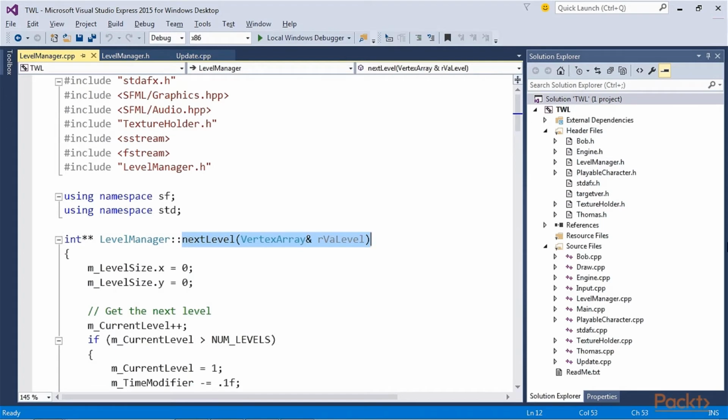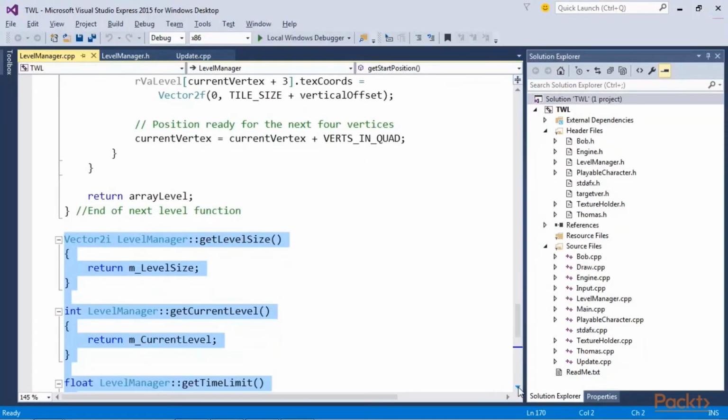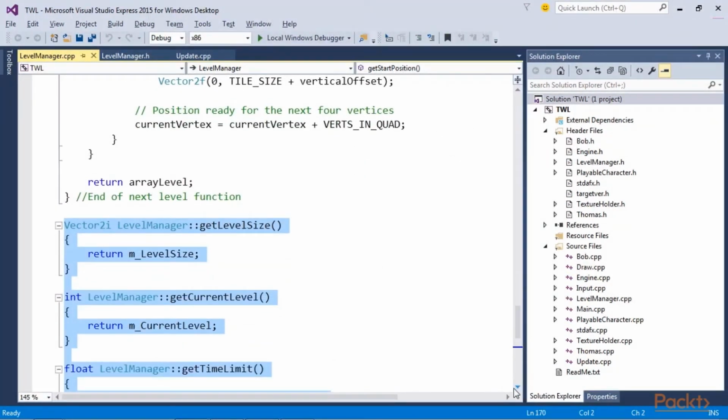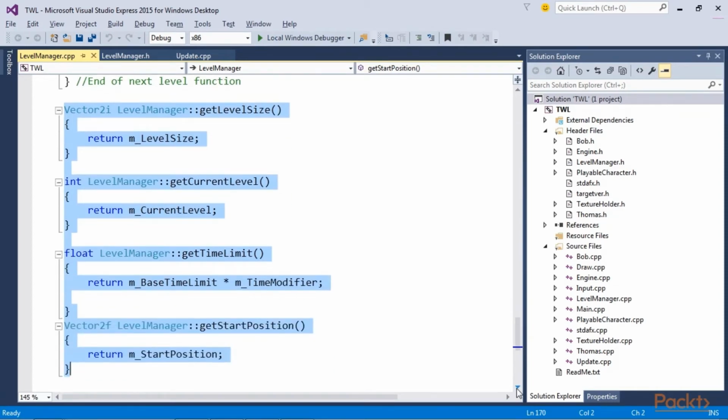We will call next level from the code in the engine class. Once this function has been called, the engine class will have a vertex array to represent the level graphically, a two-dimensional array of int values as a numerical representation of all the platforms and obstacles in the level. The last part is remaining now. You have to add this highlighted code after the end of next level function. Here, we are adding the rest of the functions from the Level Manager class. These Level Manager functions are all simple getter functions, but do take the time to familiarize yourself with what private value is returned by which function.